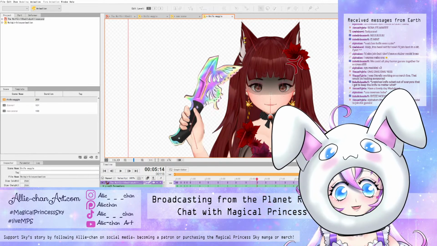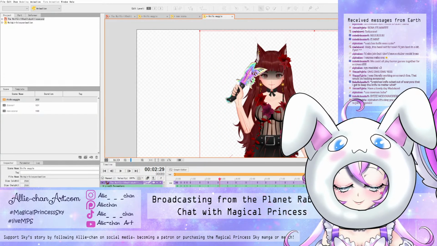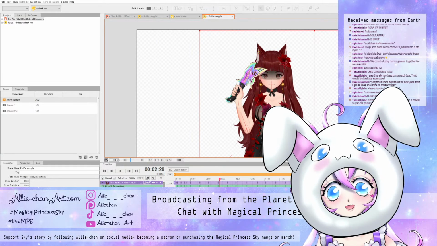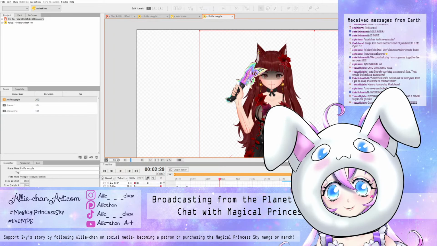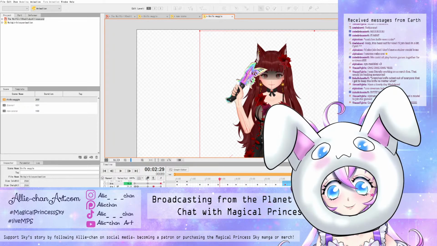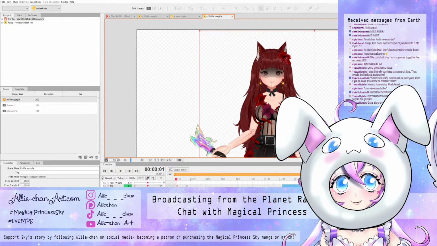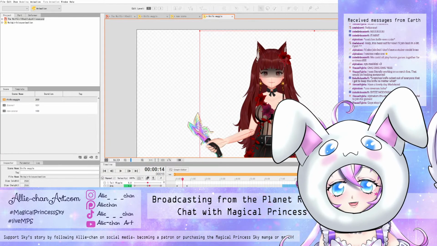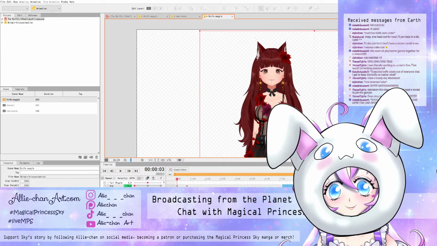That does look pretty cool. I want to give her body a little bit more movement, though. Well, I guess if I, no, I guess I moved her body down here. Yeah, so let's, actually,